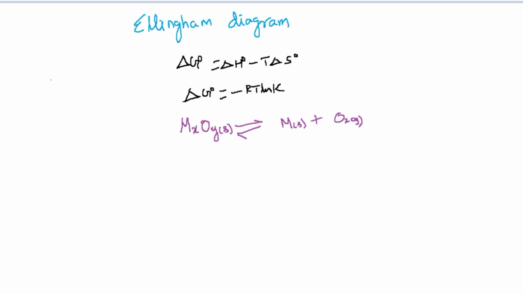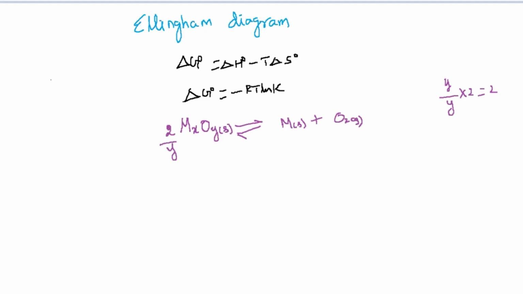Now we have to balance this equation. Since we keep 1 mole oxygen, we need not change the number of moles of oxygen in the product side. The number of oxygen atoms in the product side is 2, but in the reactant side we have y. So how can we change the y number of oxygen atoms into 2? This we can do by dividing y by y and multiplying by 2. So this MxOy is multiplied by 2 and divided by y. So we have 2 oxygen atoms.